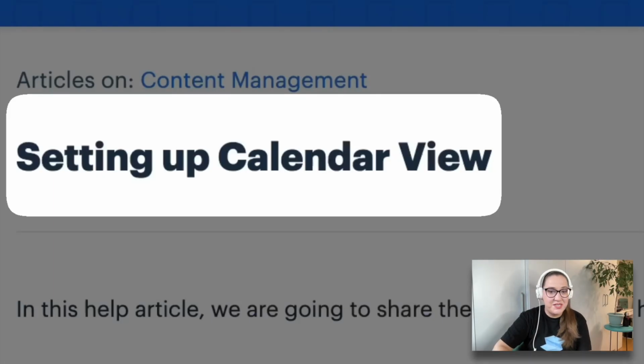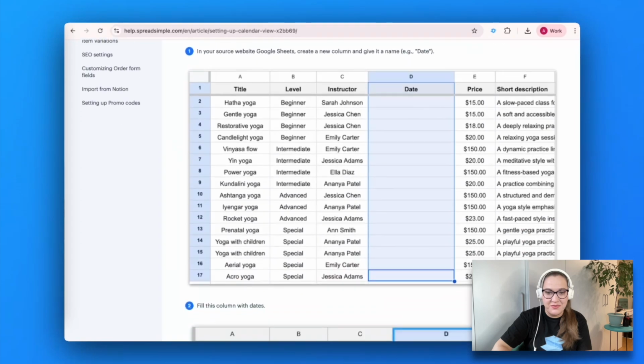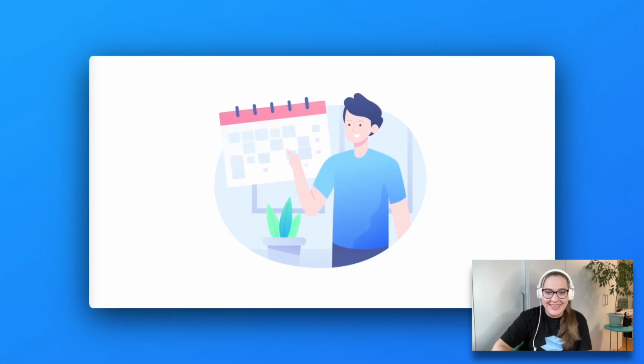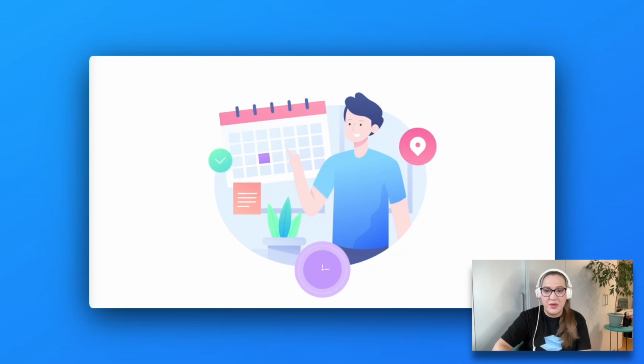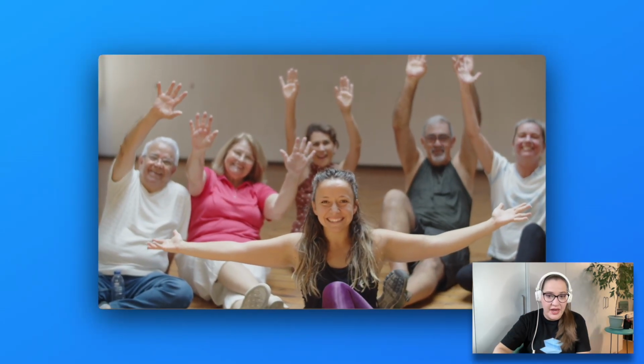Struggling to keep your website visitors informed about events or bookings? Adding a calendar view solves that. It makes it easy for users to track, save, and engage with important dates while helping you automate scheduling and boost engagement using SpreadSimple. Imagine you are running a yoga studio and want to create a schedule of classes directly